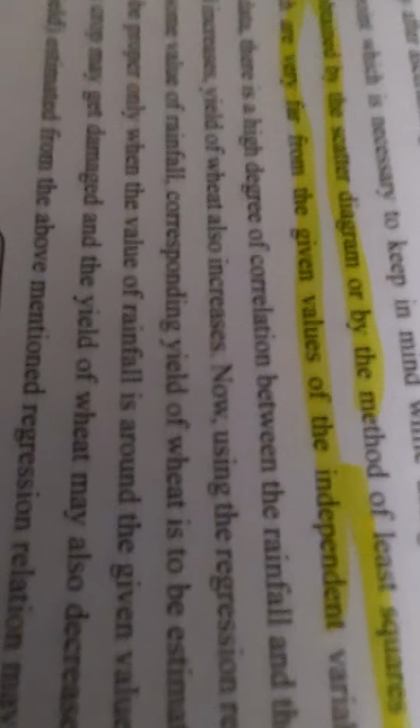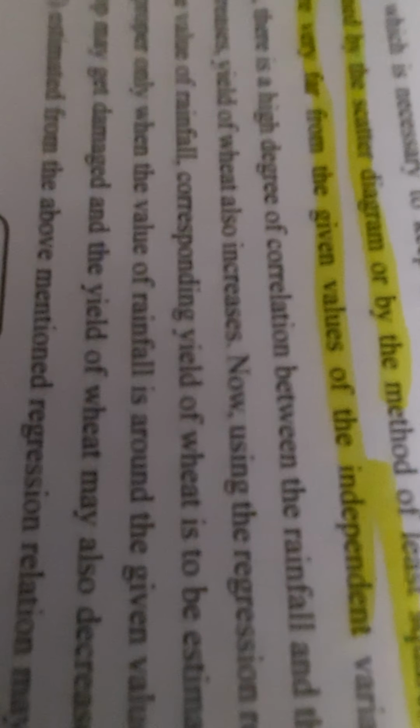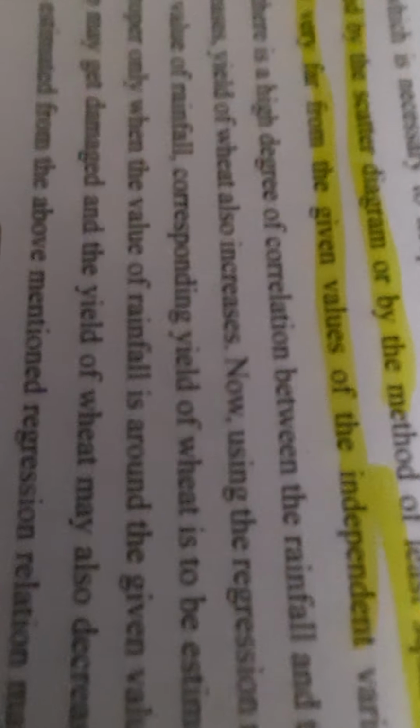Sometimes what happens is that if rainfall increases, we know that yield also increases, and on that assumption we will proceed. But if rainfall is in excess of the normal, or too much rainfall is there, then instead of getting better crops or better yield, the crops may get destroyed, and then our calculations may go wrong. Those are two important points to remember as precautions using regression. These are the theoretical areas which we have to pay attention to in this chapter.